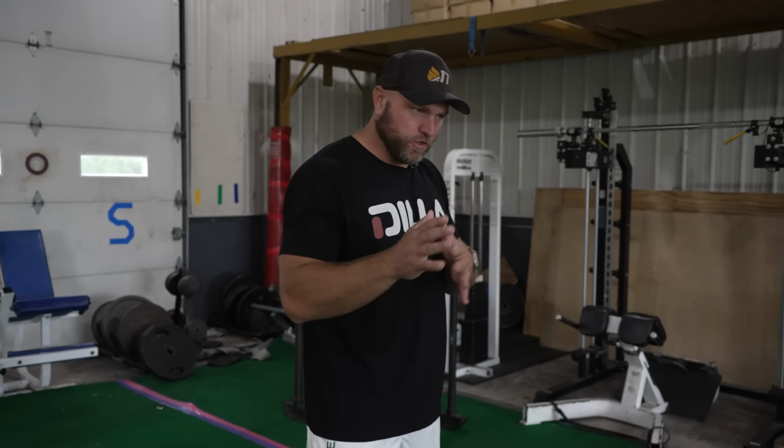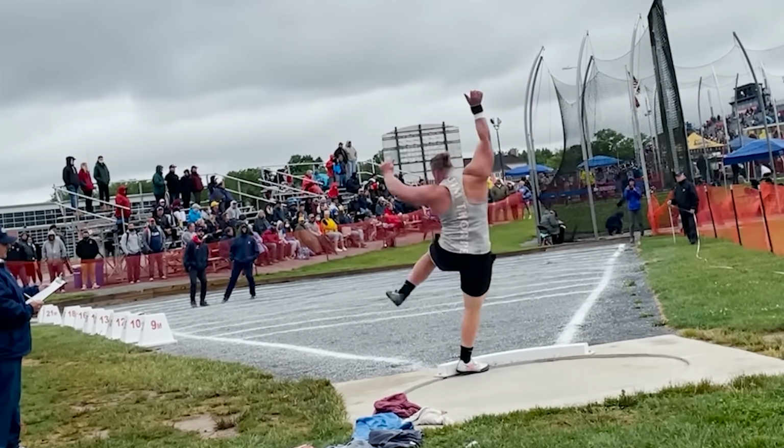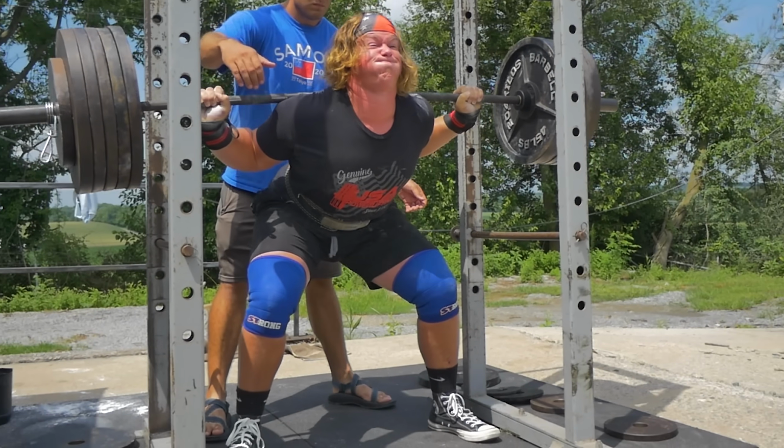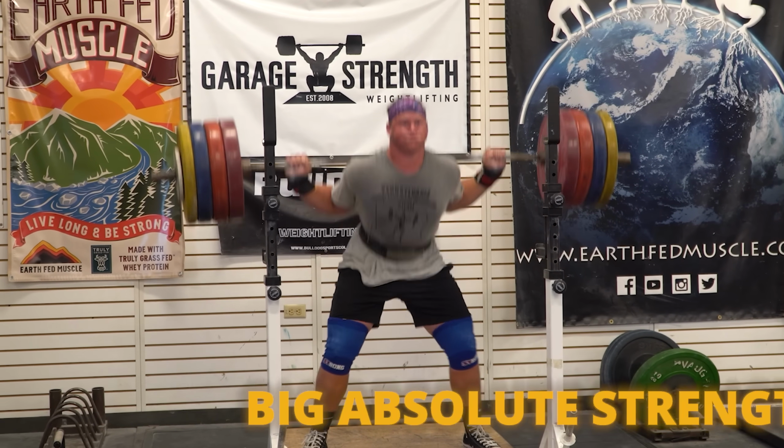Oftentimes athletes who are extraordinarily strong tend to have issues with becoming more athletic, but there's a couple of unique methods that we can use to help improve their overall athleticism. I'm gonna share a story here about AJ. AJ was a shot putter who came into us and he could squat an absolute house. Now, the issue was he wasn't the greatest shot putter. He wasn't that good, but we knew that he had a large depth